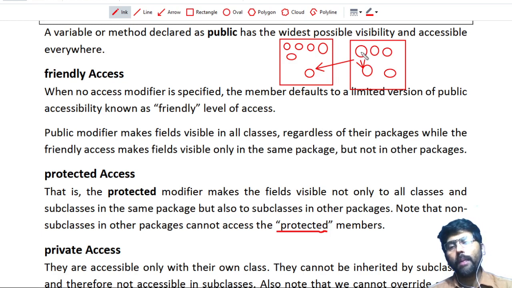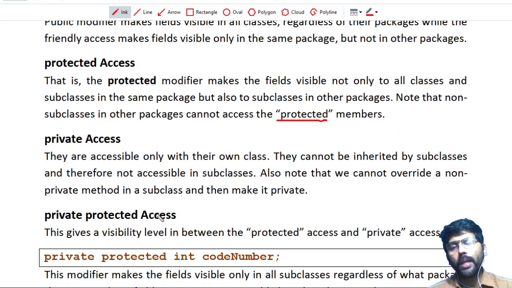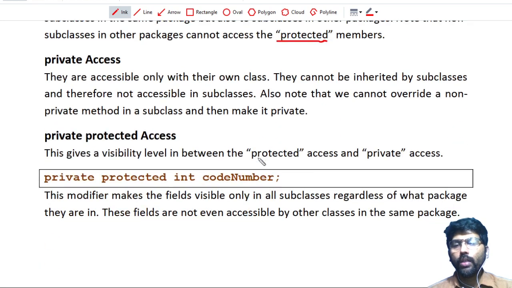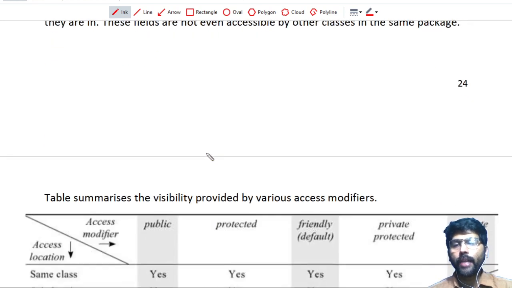If I give private protected visibility to any variable or method, that member is available to only the subclasses. Here it can be accessed by this class or this subclass, not from other classes, whether they belong to the same package or a different package. That is called private protected access.